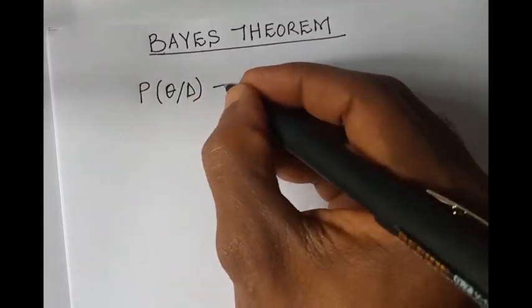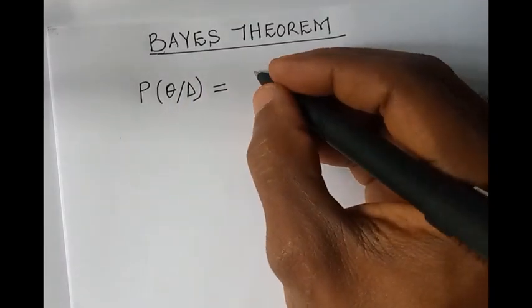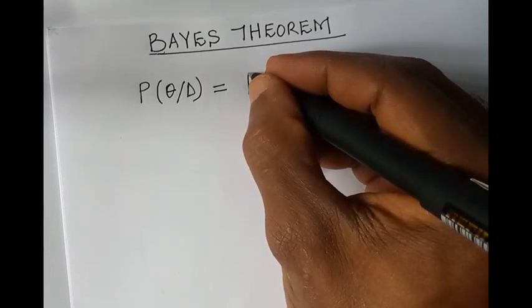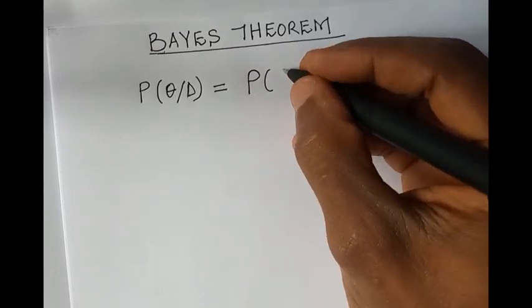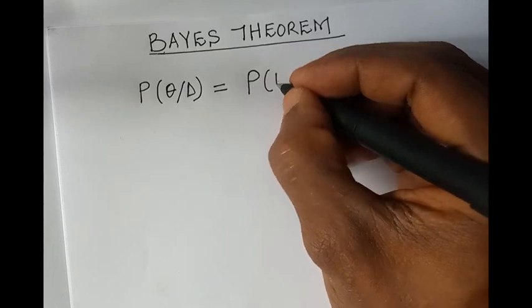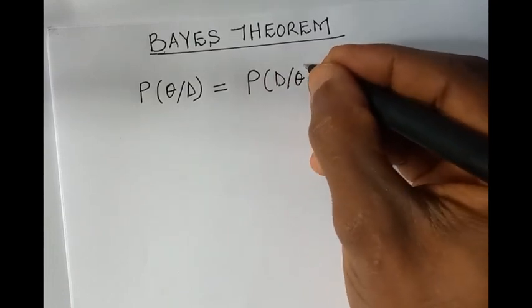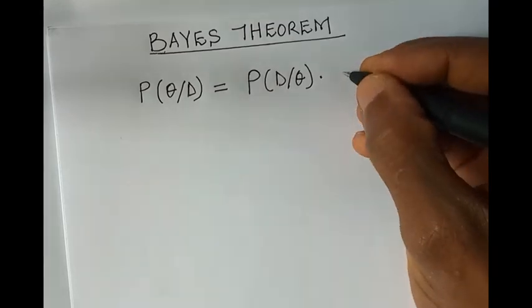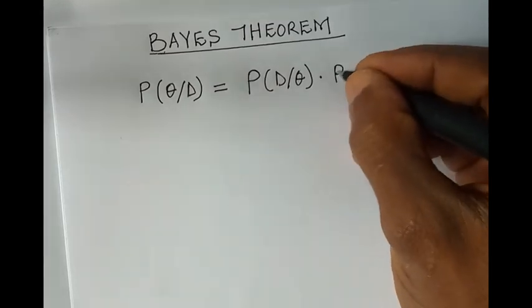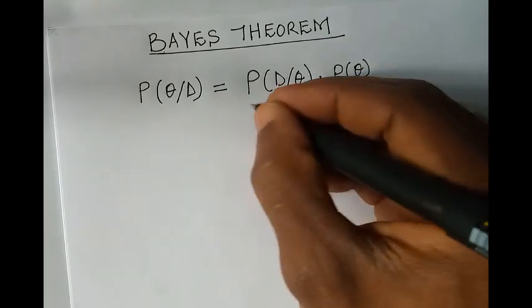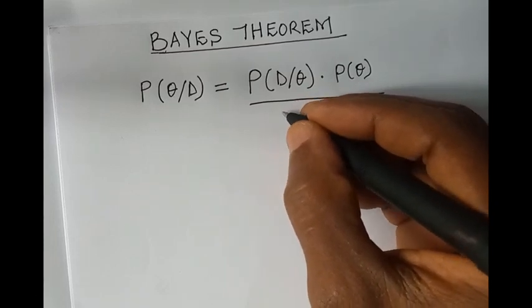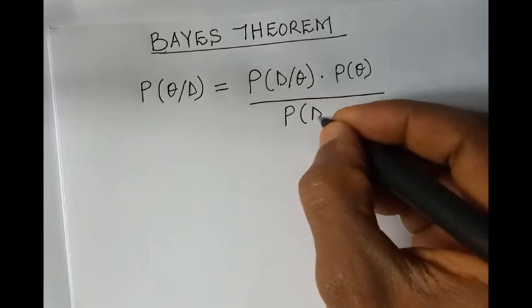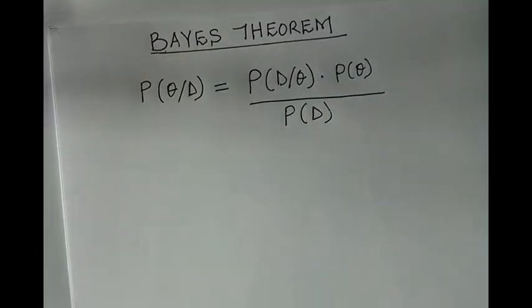the posterior probability is equal to the probability of the likelihood function, which we'll put as this, multiplied by the prior probability all over the marginal likelihood, which we'll write as this. So this is what the theorem states, where